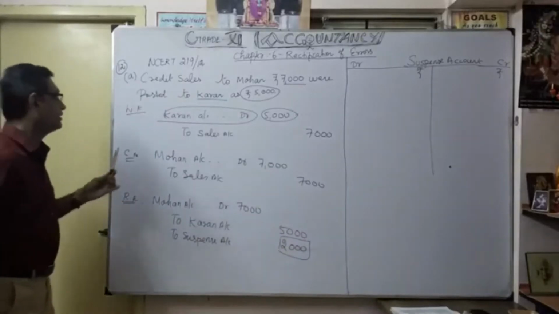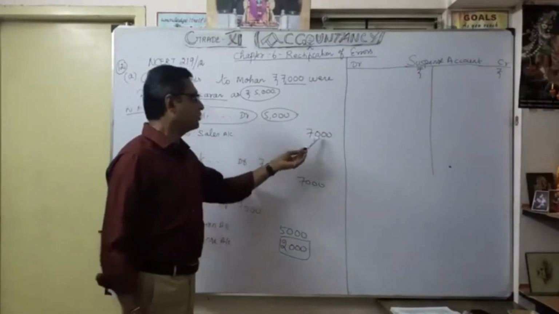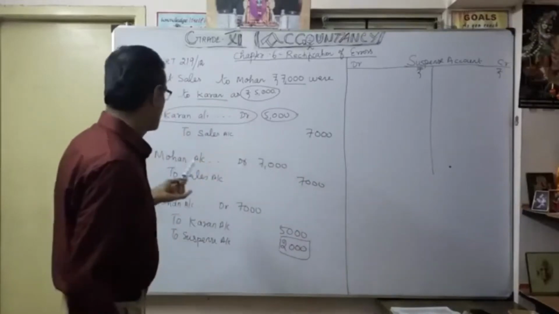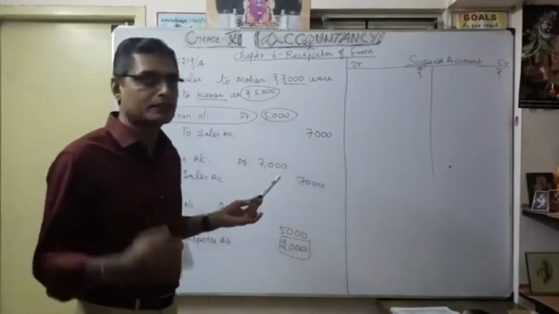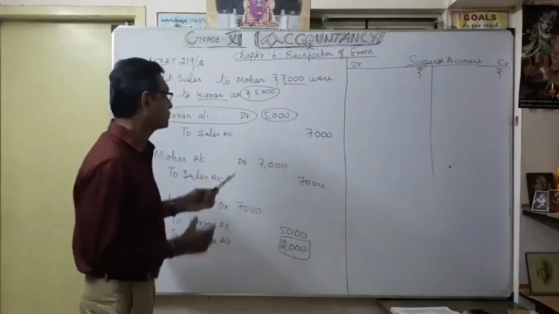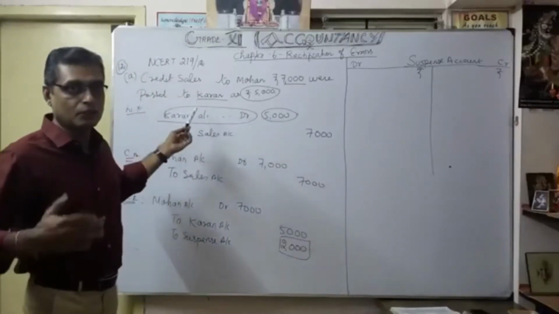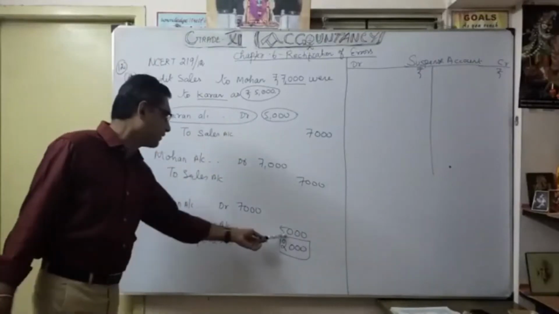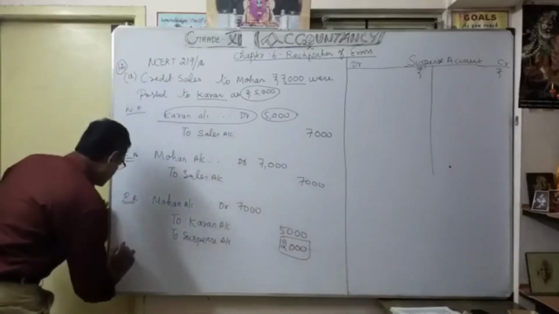I repeat once again. In the wrong entry, they entered current account debit to sales account. The sales account amount is correct. Only they posted current account 5,000. Actually we are going to debit Morgan account; Morgan account debit to sales is the correct entry. How do we do the rectification entry? Morgan account is correct, whatever 7,000 you want to enter. What is wrong is that we entered the debit side to the current account. So you want to remove it: earlier we debited, now we are going to credit. Then only the rectification is effected. The current account is 5,000, the difference 2,000 I showed as suspense account. Now understood.